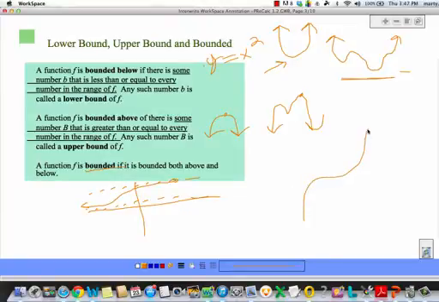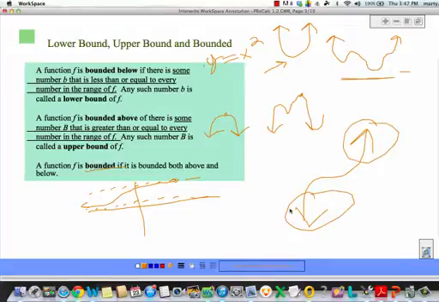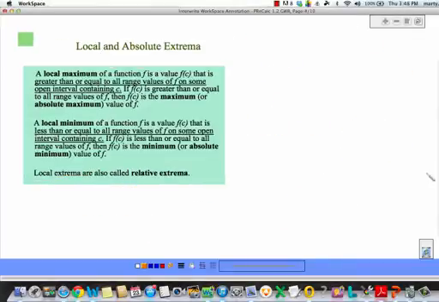Y equals x cubed looks like this. This is not bounded above and not bounded below. It goes up forever, it goes down forever. There is no maximum or minimum point that we can locate because we're going to infinity. Okay, so bounded, a definite bottom is bounded below, a definite top is bounded above, which brings us to maximums